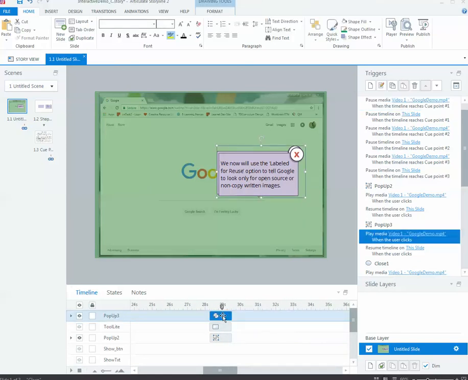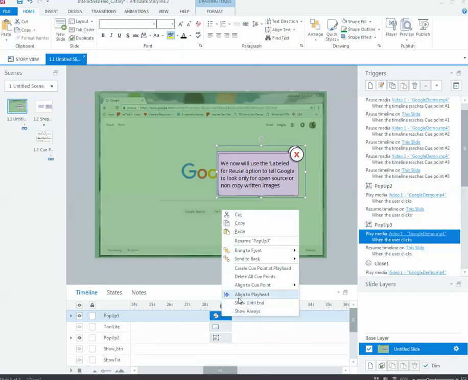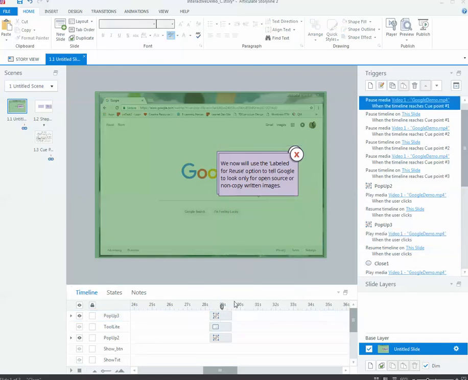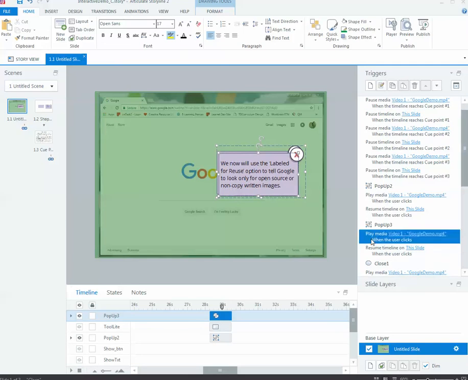And so now, since it's already been measured out, I don't have to go and drag it. I don't have to deselect the show until end feature. Everything is already kind of done. It will also, if you see here in your triggers, copy over your triggers. So you already have these, and these don't really need to be manipulated because it is associated to the group